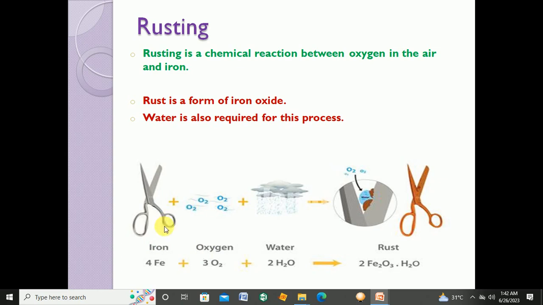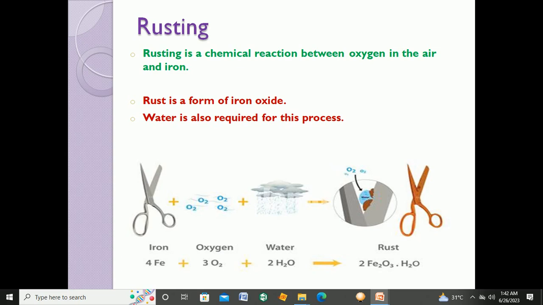Second is the iron reacting with the oxygen in the presence of water. This oxygen comes from the air, so that component goes here. So the process of rusting takes place. Iron and oxygen react together and form iron oxide, that is basically rust, and the beautiful shiny silvery pair of scissors converts to this rusty scissor, because there was a process of rusting, and that is the reaction between the